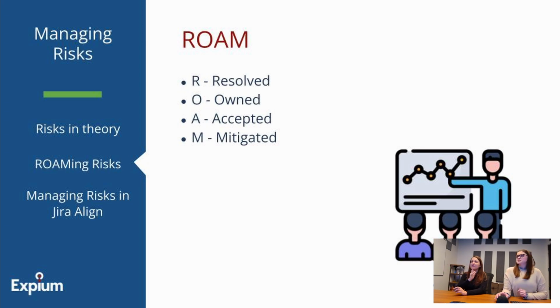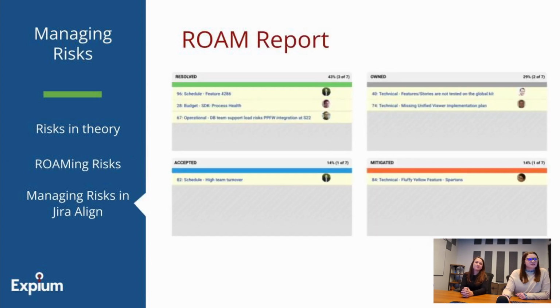this is excellent. Vicki is going to talk about some of the best practices for using Jira Align to manage risks. Thank you, Elizabeth. So as Elizabeth mentioned, Jira Align does have a risk module that helps us not only record our risks in the tool, but we're also able to ROAM them directly in Jira Align and then also view some reporting to get a high-level view of how our Agile release trains or our programs are really managing their risks PI to PI.